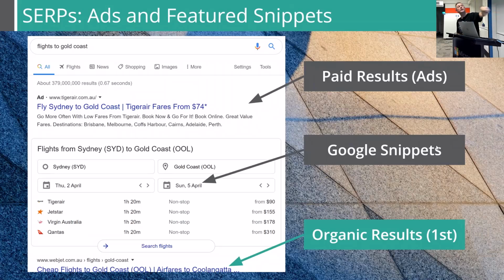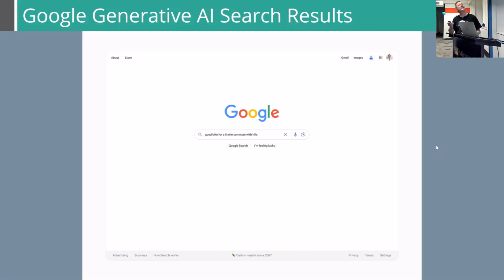So you imagine that as your first window, you type in that, you're getting all this stuff from Google, but the stuff that you're trying to manipulate is way down here now. So SEO is getting harder and harder every year as it goes on, because more stuff is pushing the organic stuff down. It gets worse, okay?